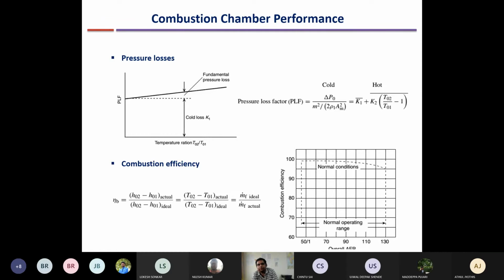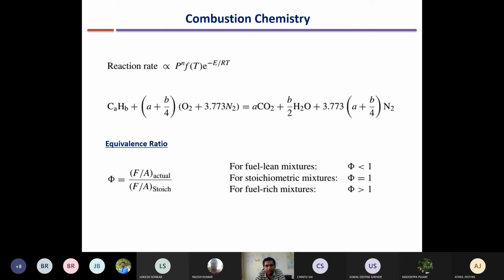So what will happen if we keep on increasing the air fuel ratio? The air keeps on increasing. It is possible that we don't get sufficient ignition temperature. That is also possible at very high air fuel ratio. But even if we get ignition, at high air fuel ratio the temperature will be lower and the reaction rate will be quite low. Remember, we have seen that reaction rate depends on temperature. It is higher at higher temperature.